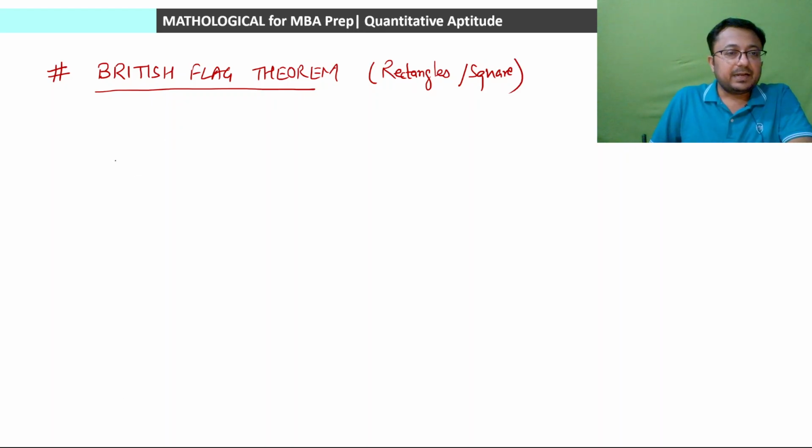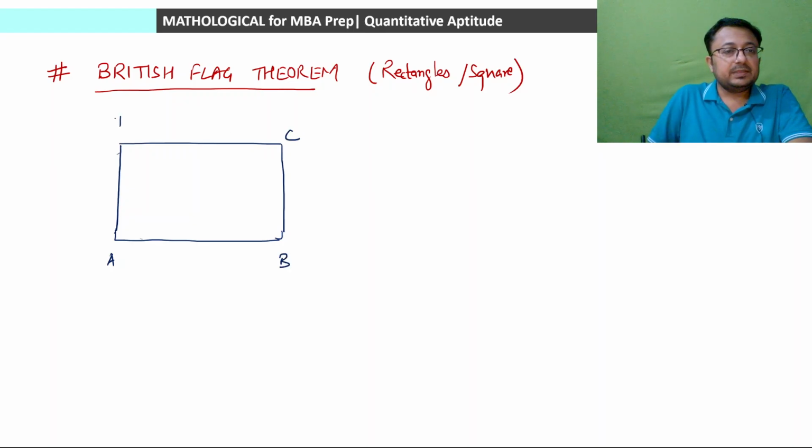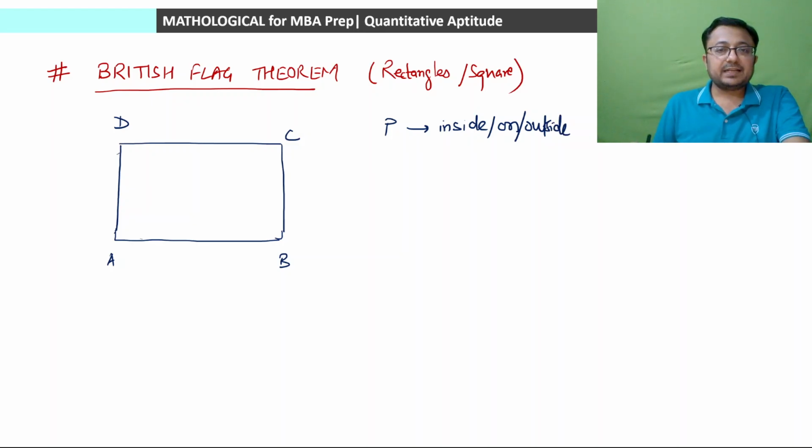So if there is a rectangle ABCD, and there is a point P that can be inside the rectangle, or it can be on the rectangle, यानी कि on the boundaries, or it could be outside the rectangle. So P can be inside the rectangle, on the rectangle, or it can also be outside the rectangle. Anywhere, P can be a point that is anywhere. ठीक है? So if P is any point inside, on, or outside the rectangle, in that case, the property says,